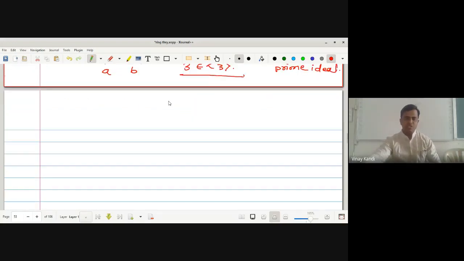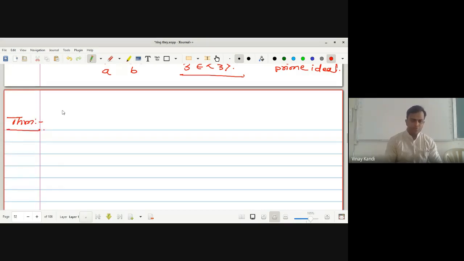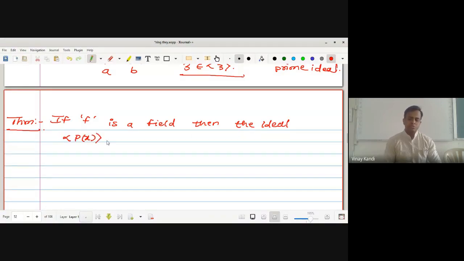One theorem is there. The proof of the theorem we will see in the next lecture. So write down only statement. If F is a field, then the ideal generated by P of X, which is not equal to null ideal, that is 0, of F of X,